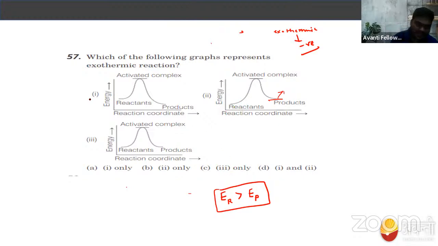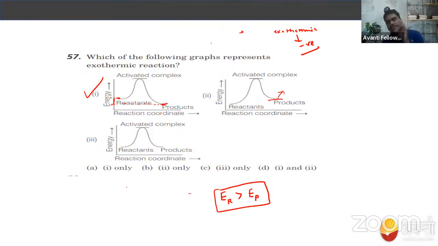Now, if you compare equation 1, we can see that the reactant energy is much more as compared to the product energy, right? Because the energy of the reactant is here, and the energy of the product is here. So there is an energy difference between these two, and the energy of the reactant is much more as compared to the energy of the product. So this, that is option A, represents the